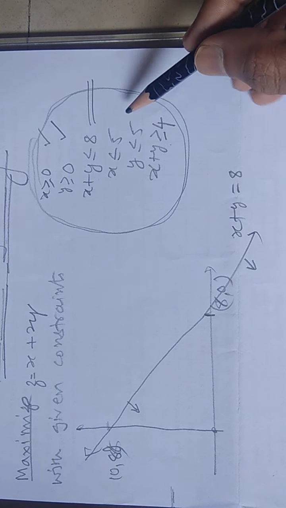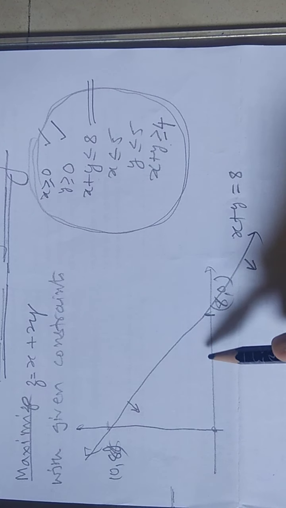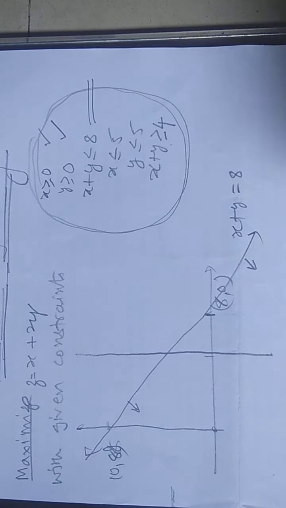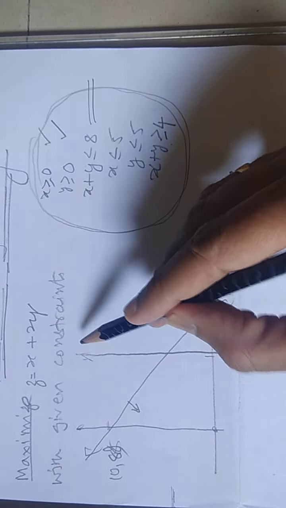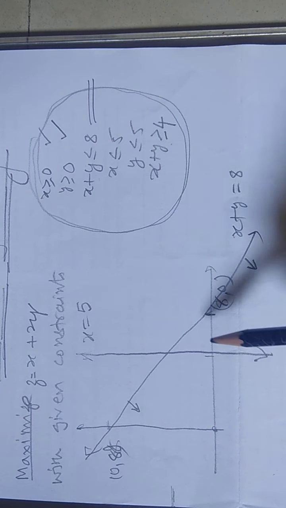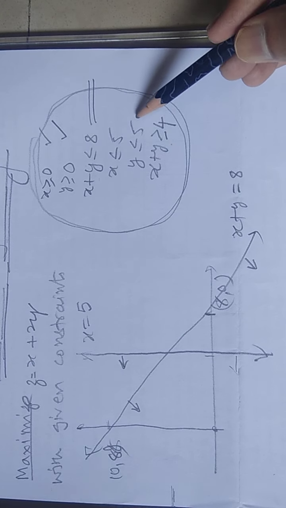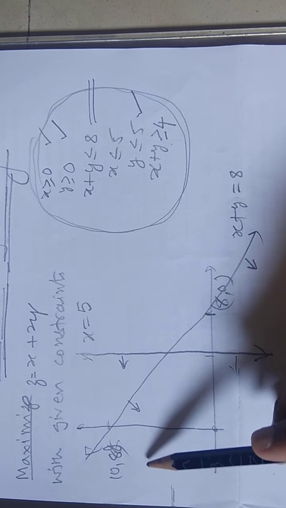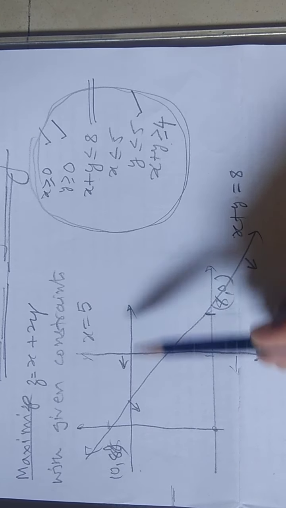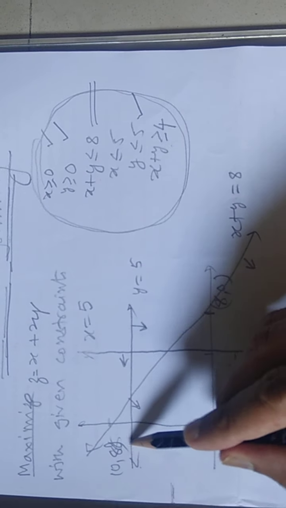Okay. Now the next equation is x is less than or equal to 5. 8 is over here, so 5 will be somewhere here. If you take graph paper, then you can get a correct one. So this is nothing but the equation x is equal to 5. So x is less than 5, so this side of that. Now here y will be less than or equal to 5. So you will get a graph of something like this. This is the graph of y is equal to 5, and the solution is down the line of this.